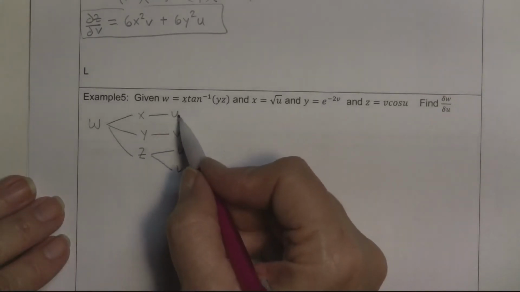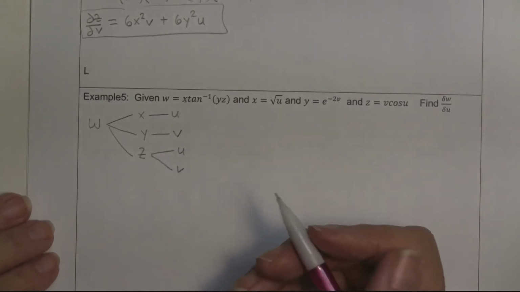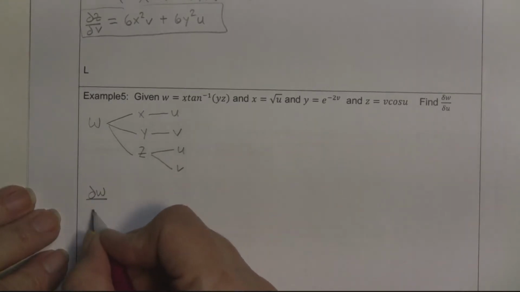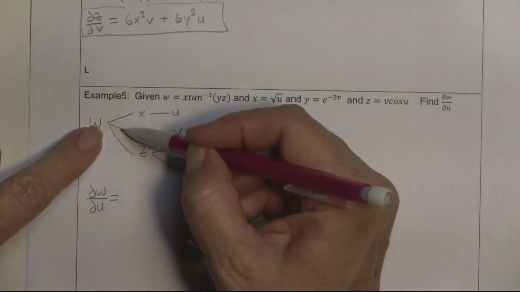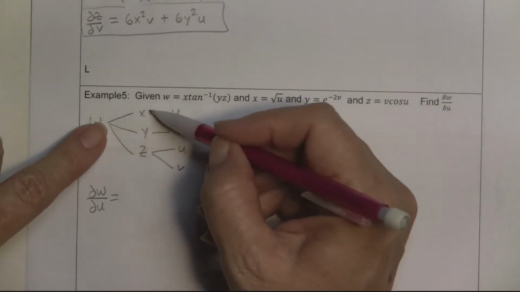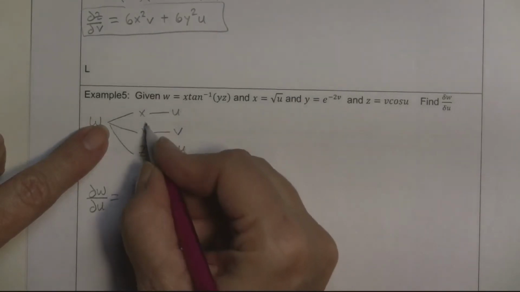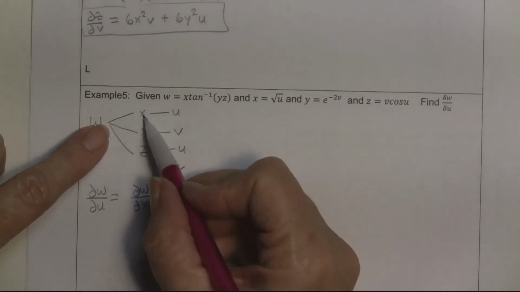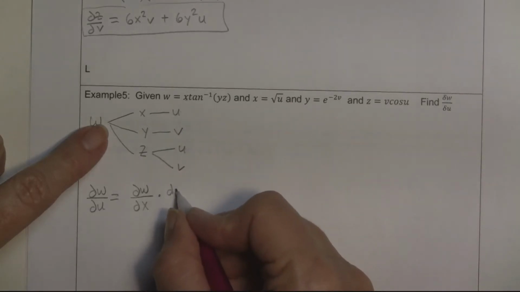So we're going to look at where we have u on the ends, and that's what we're going to be following through to. So the partial of w with respect to u. There's no path through y that leads to u. There's only a path through x that leads to u. So I'm going to get that. That's the partial, because there's three different choices with respect to x. And then from x to u that's the only place you can go. So that's a full derivative, dx du,